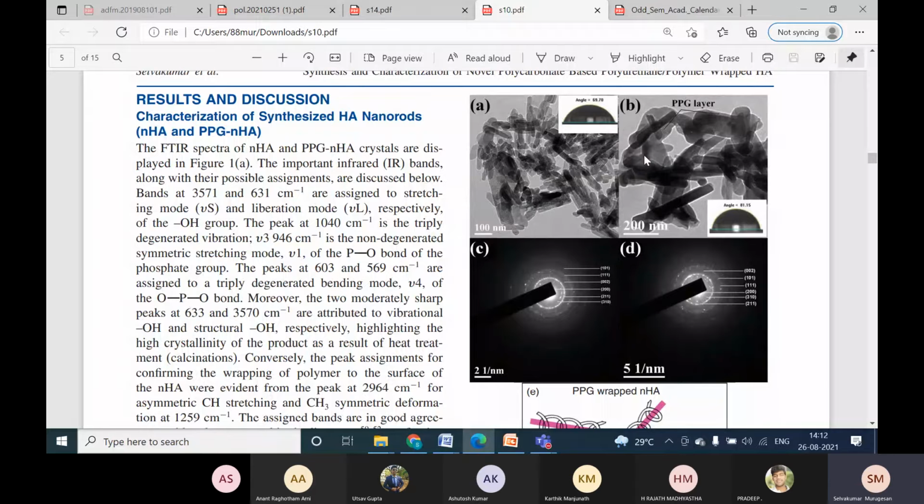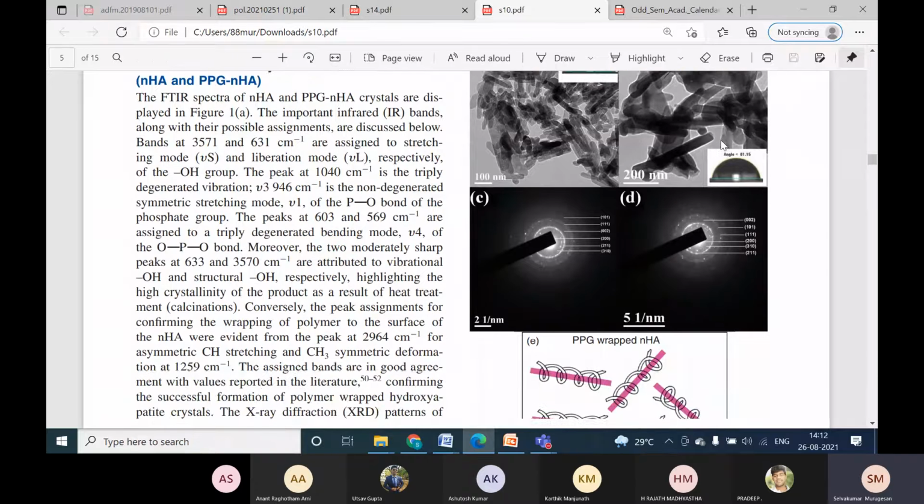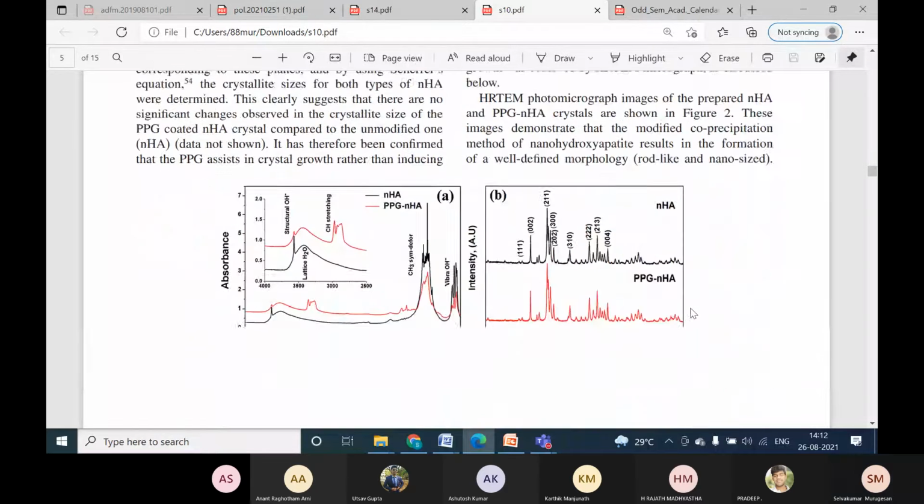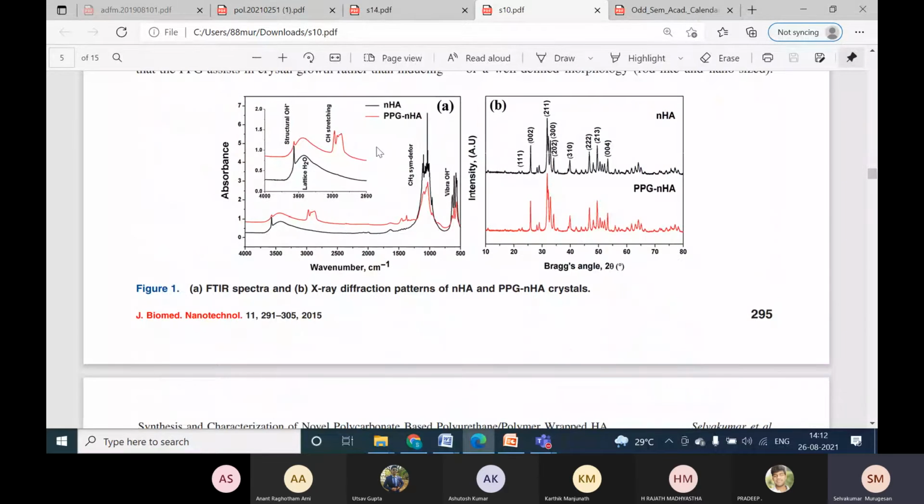During the transmission electron microscopy testing, you can see the polypropylene glycol layer clearly as well. So this is how the scheme shows how it was wrapped on the surface of a hydroxide nanorod. Okay. And yeah, we have studied the